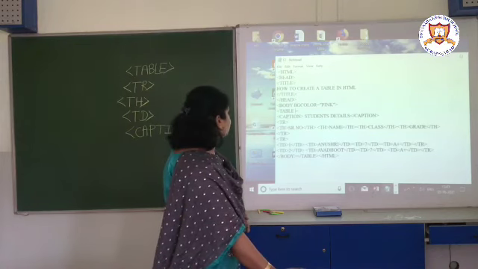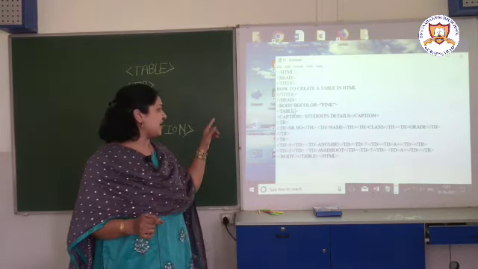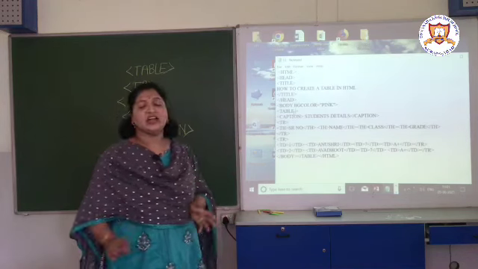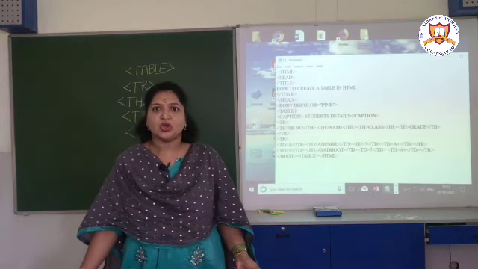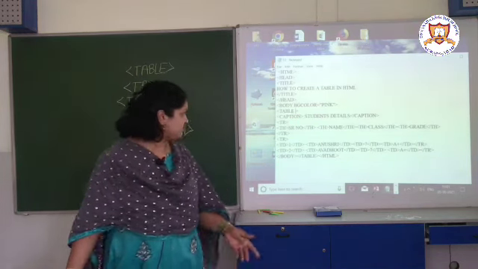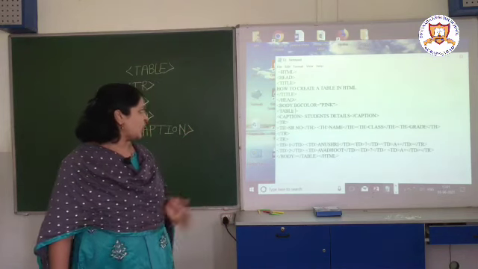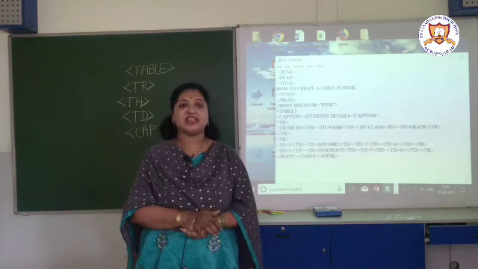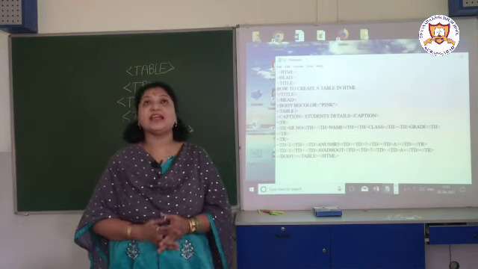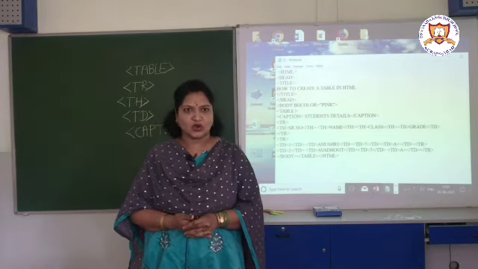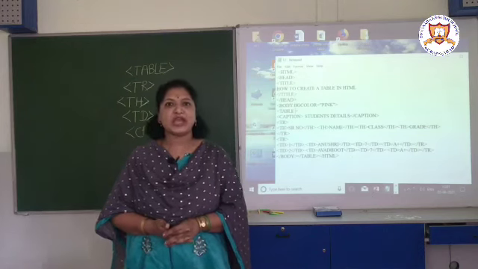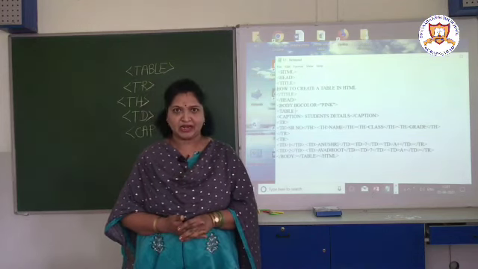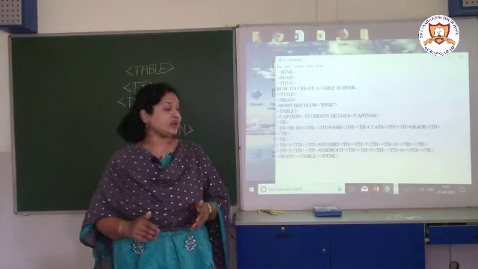The first is tr tag. Now the first tag after the caption tag is tr tag, table row. The first row will begin from here. Now as the columns are there, we are preparing the table, like the timetable you prepared, in which you told me that we are making use of rows and columns. So those headings should appear in bold. That's why I have written here th.